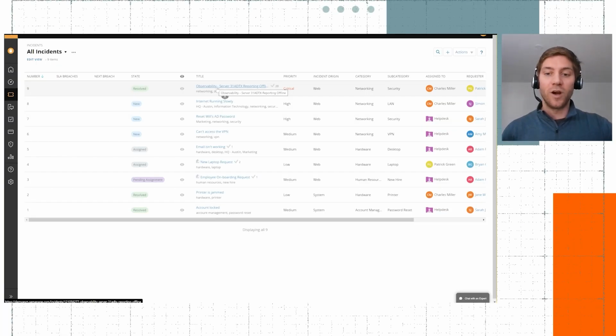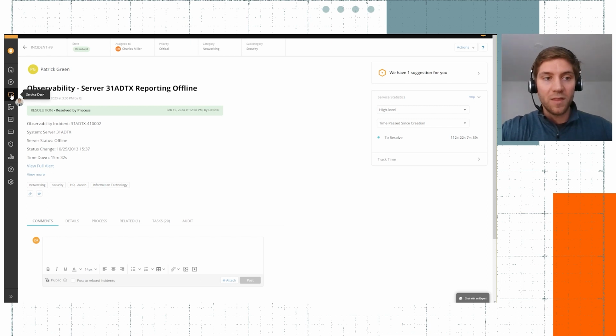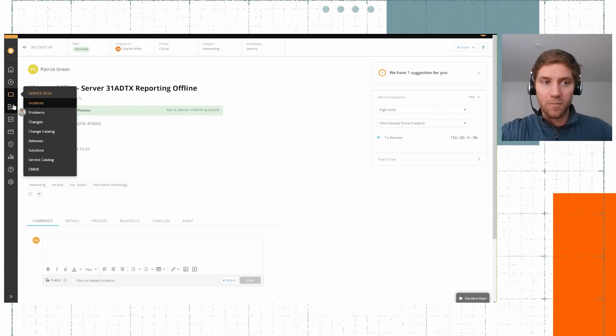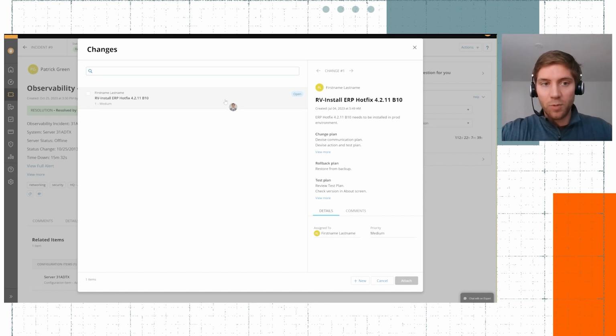So in those situations where we discover a problem, we realize the cause, the symptoms, we then need to change something about server 31. That brings us into that change side where, again, I could do it right from within a ticket or within the change modules here. But we'll walk through this example from within the ticket. Just like the problem, I could link it to an existing change. If we're already going through a change or a server upgrade, I could link it right there or create a new one.